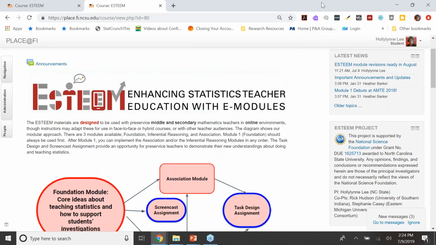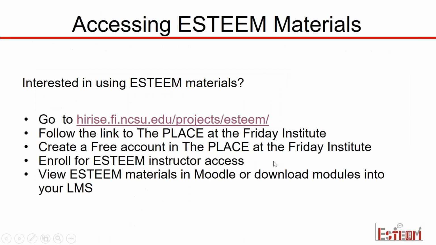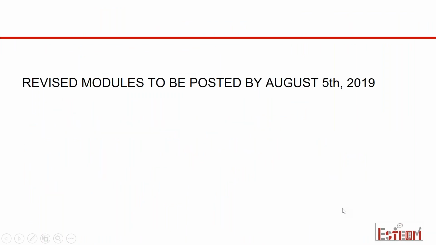So let me go back here. We are in the middle of doing revisions based on our field tests. The month of July is incredibly busy for the ESTEEM team. And we're going to be having all of the updates and the new exports to the different LMS systems ready by August 5th for fall course planning.